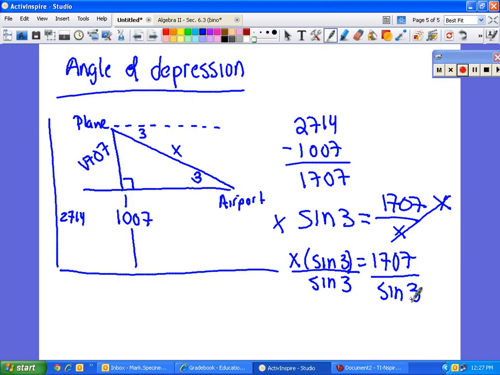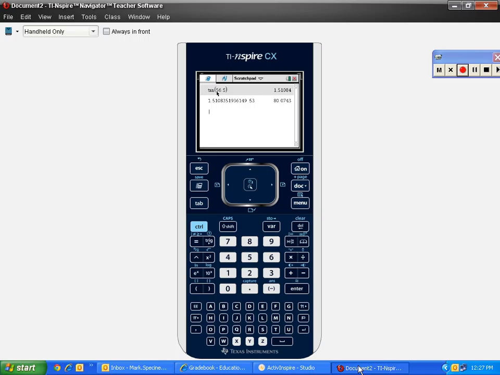These are going to cancel out. Go to my calculator. I do 1707 divided by sine of 3. I hit enter. It gives me